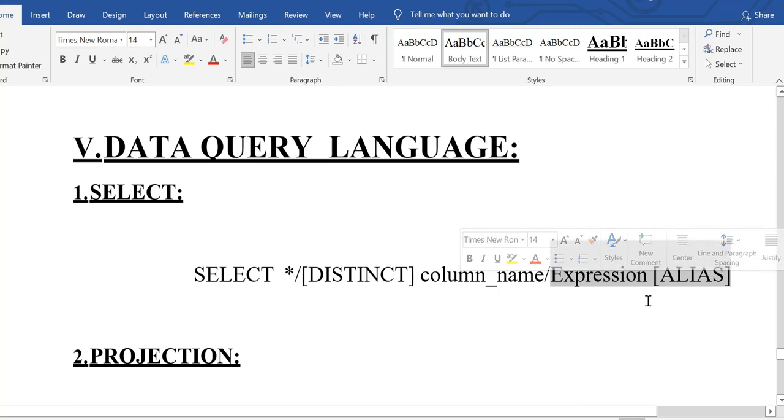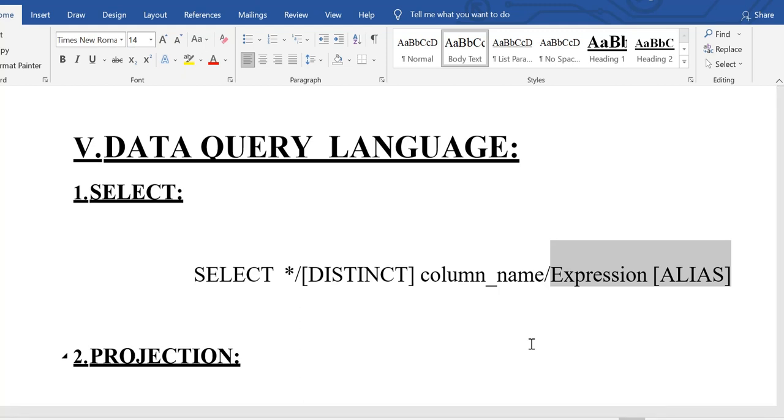When we are declaring a particular column in the where clause, from clause, or select clause, alias will be used. So we will discuss 4 points about alias, and then we will move to an example. First one is that it is an alternative name given to a column or an expression in the result table. Next one is that alias name can be used with or without the as keyword.